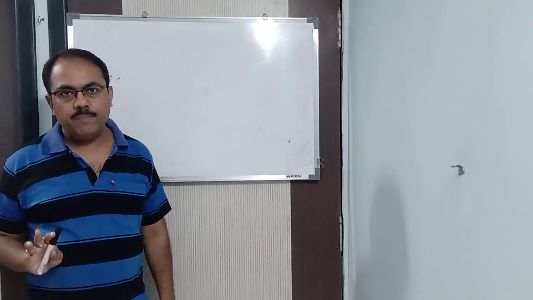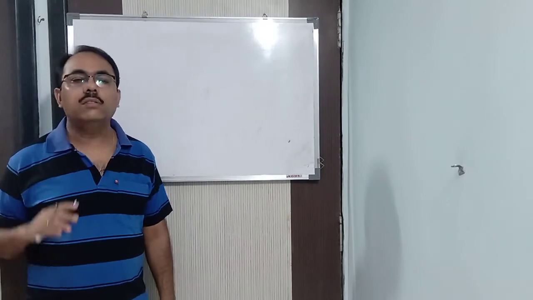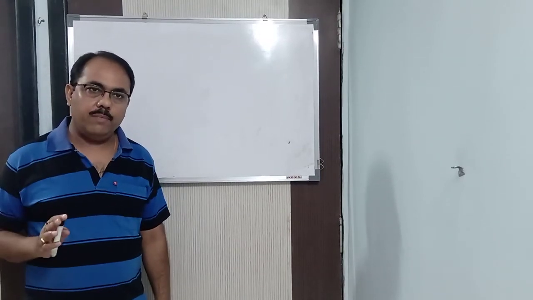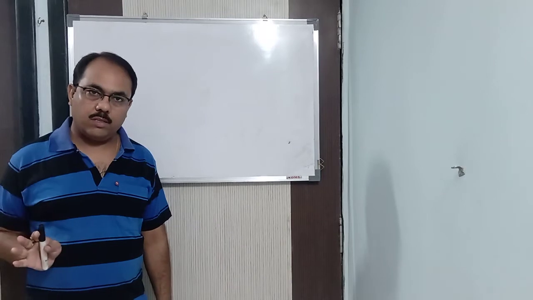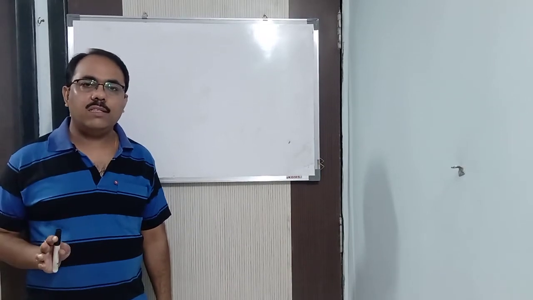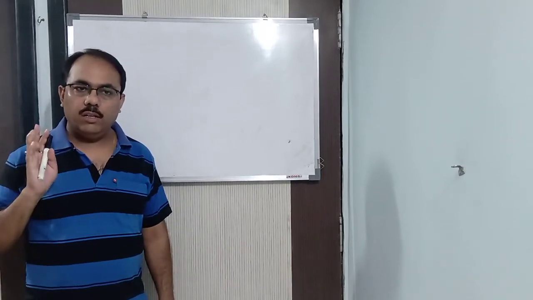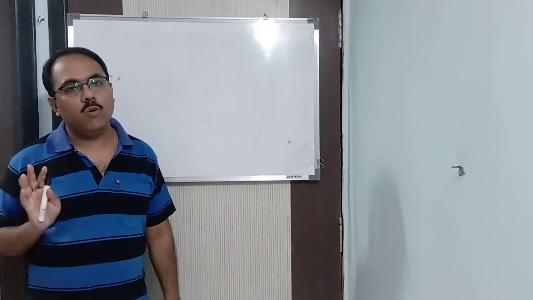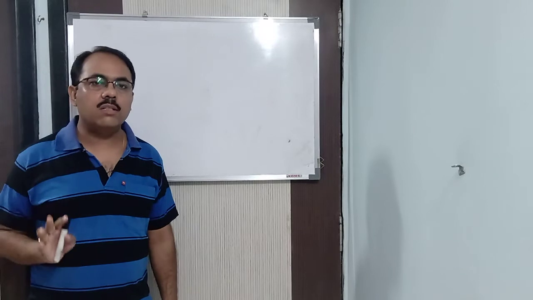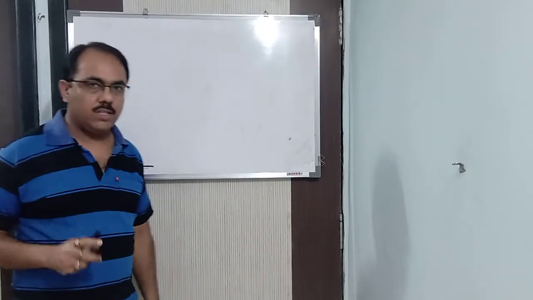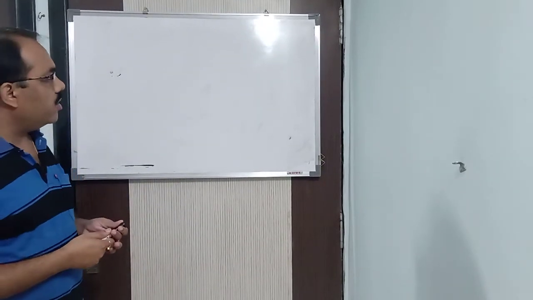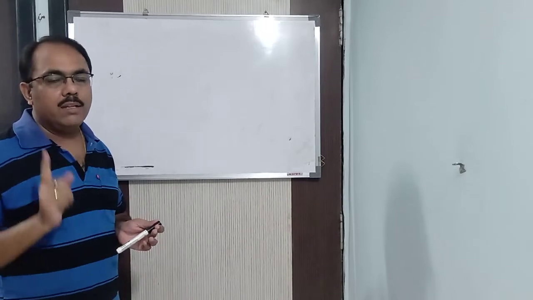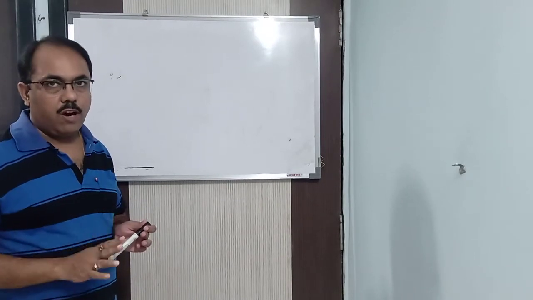Acidic medium means acid gives what? H plus ions. And basic medium means base gives what? OH minus ions. So we will see the balancing of ionic equations with the help of H plus ions, and with the help of OH minus ions, because these are the basic two things which you will be requiring in this particular chapter. So children, look at the board and try to understand how I am balancing the equation.